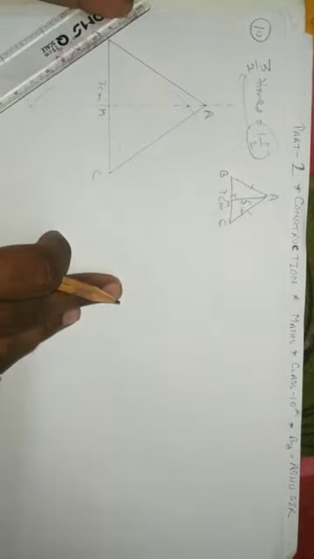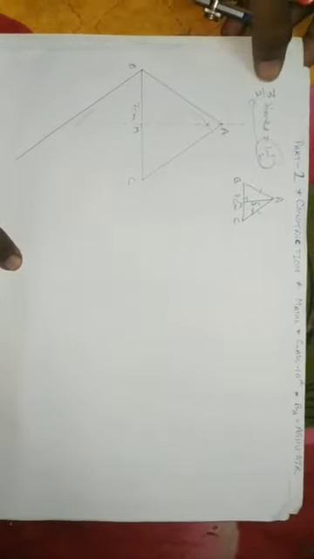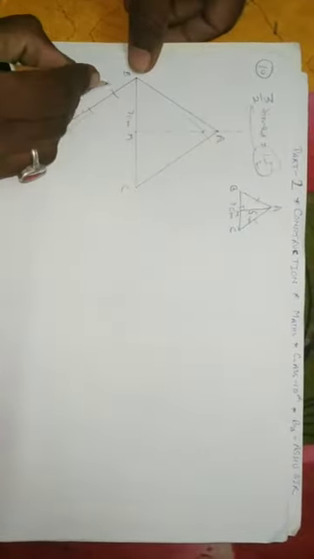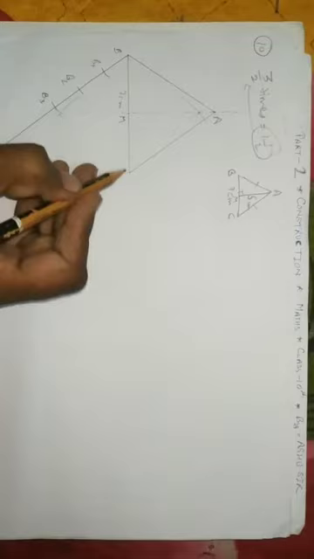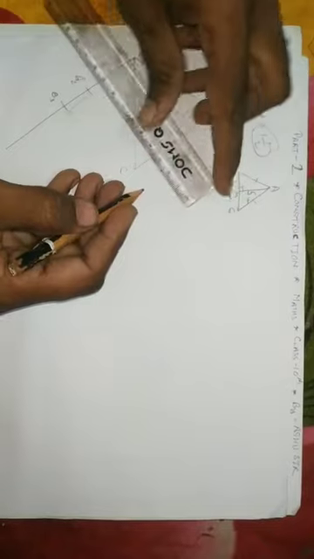Now we want a similar triangle 3 upon 2 times. Take any line at an acute angle. 3 upon 2 means we cut 3 arcs, the greater number is 3. So cut 3 arcs of the same radius on the acute angle. That is B1, B2 and B3. Then join B2, the denominator number, to C.